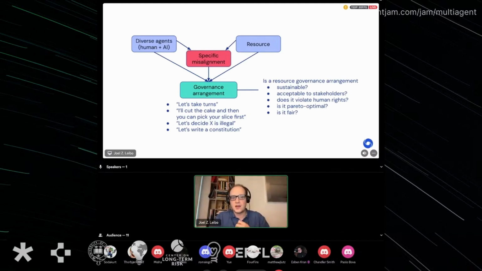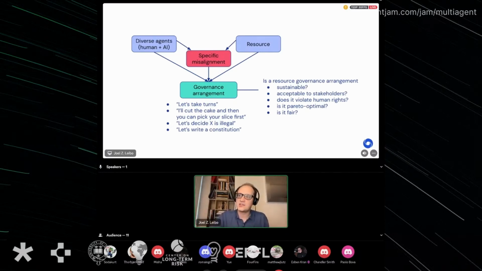They could look like conventions like, let's take turns. Taking turns is some kind of conventional solution to a particular misalignment challenge. Or it could be a dividing-the-cake kind of thing. Like, I'll cut the cake first, and then you can pick your slice after that. And that's a kind of stable convention you can have. Or you could have more complicated things, like you could say that some particular pollution of the environment is illegal, or maybe that you need a conflict resolution strategy that requires layers of rules about how you make rules and change rules, like a constitution or something.